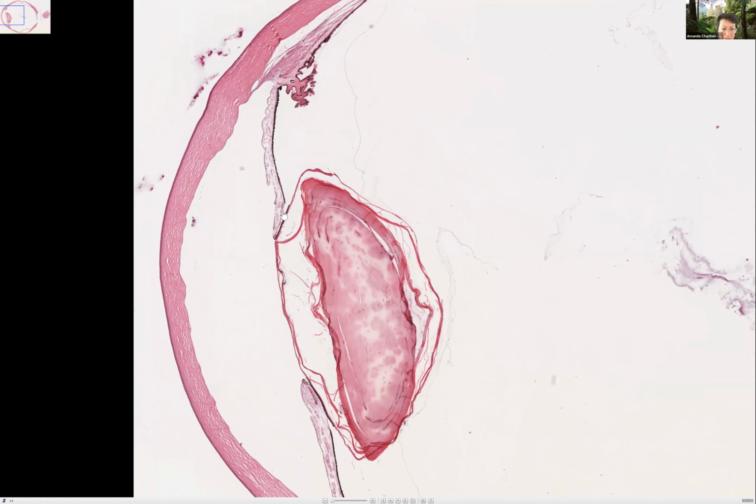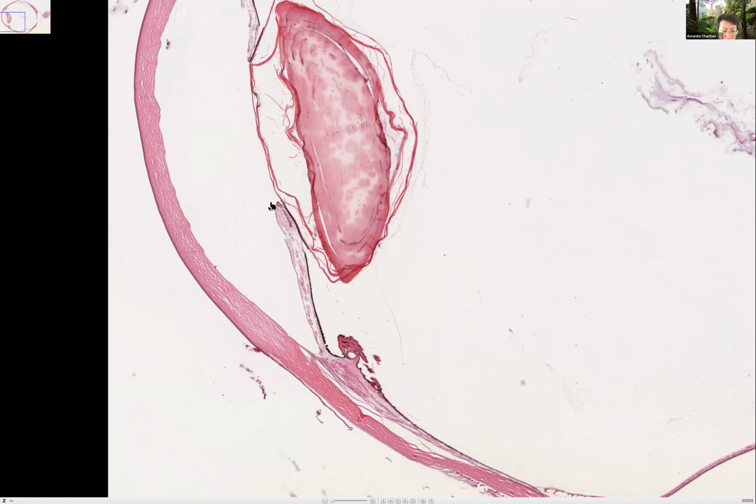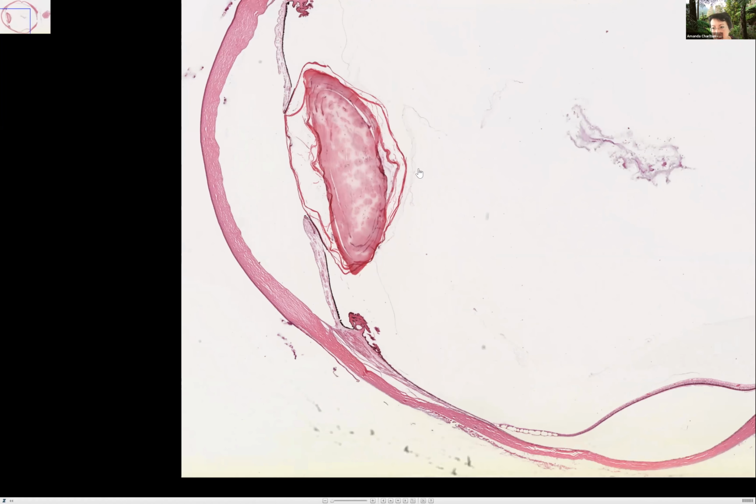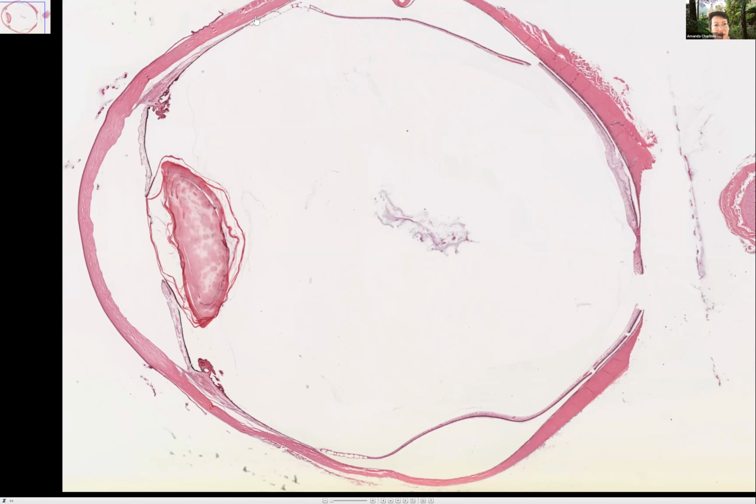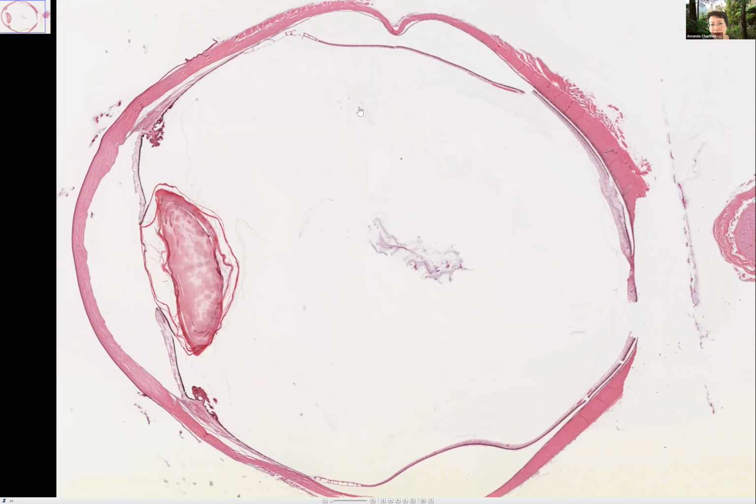Iris is actually touching the lens capsule here, which I'm not sure if that's an artifact or not. Ciliary bodies are okay. Posterior and vitreous space, I can see some cystoid change in the retina up here, and